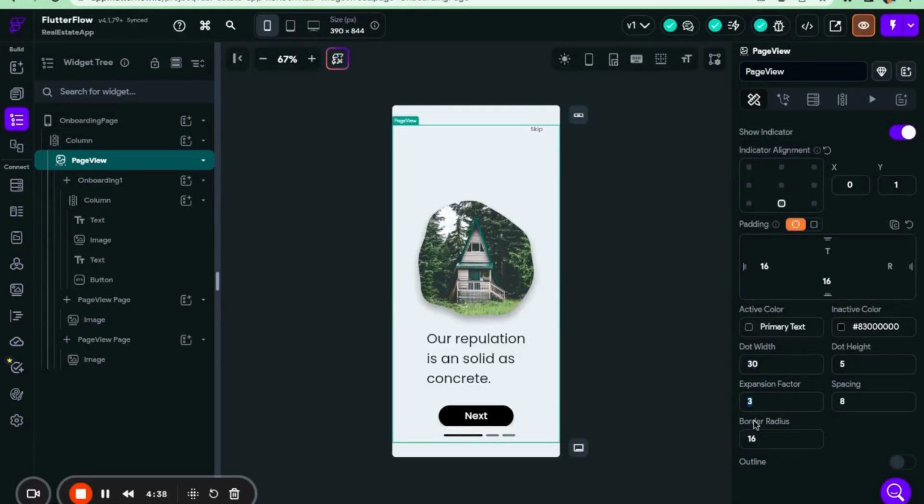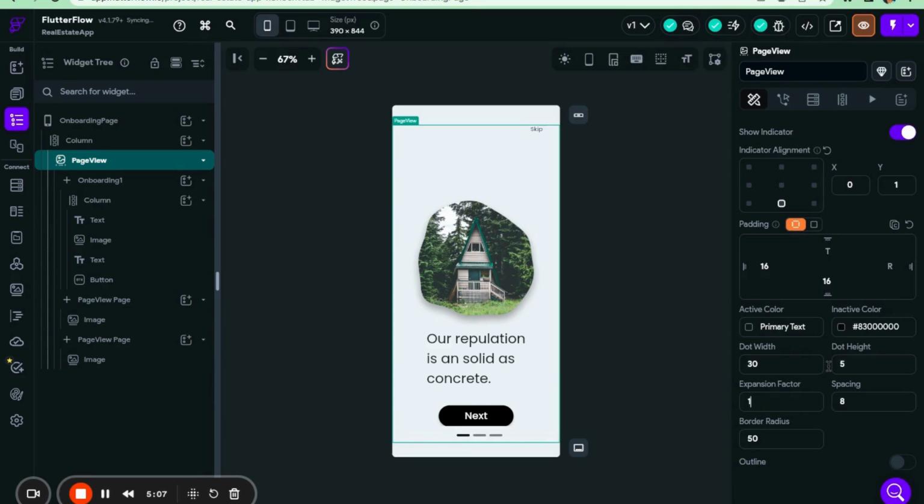Expansion factor we can give 2, and spacing, border radius, standard only, let's give 50. Expansion factor we can give